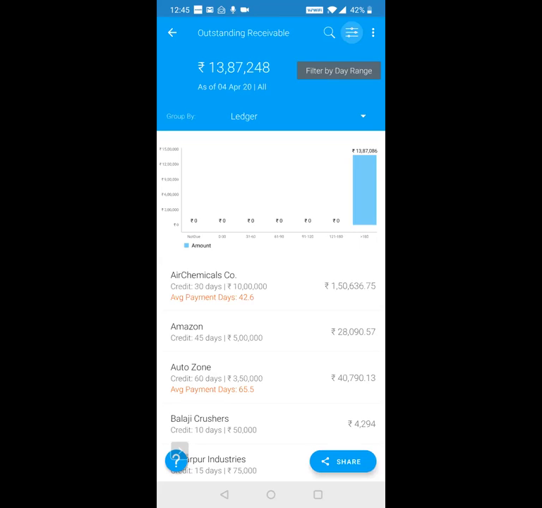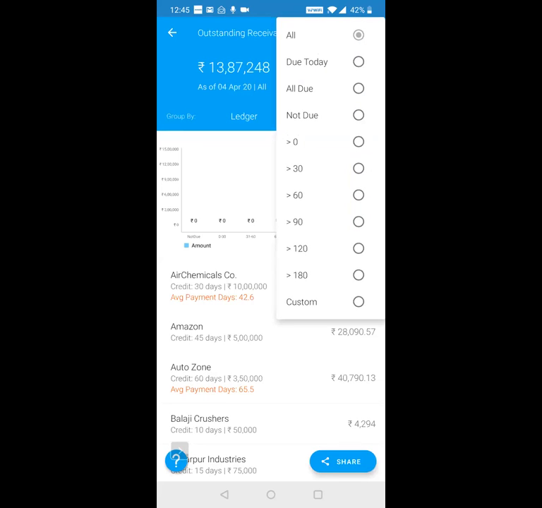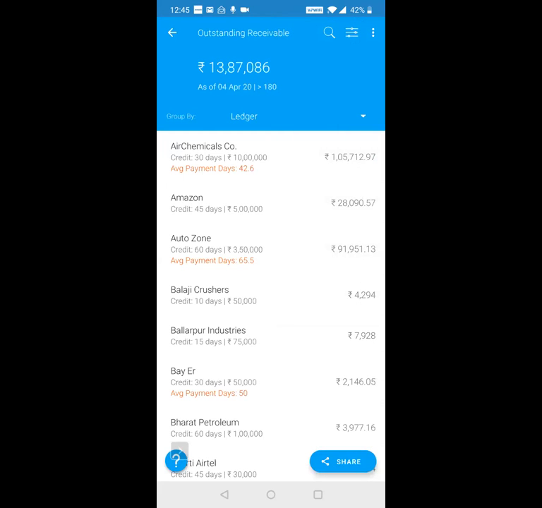Next, at the top, you can filter by aging period. So I want to find out what are all the bills that are due today. So you can do that. Or I want to find out all the bills that are outstanding since more than 180 days. So I can find that out. कि 6 महीने से किसका outstanding बाकी है. Or